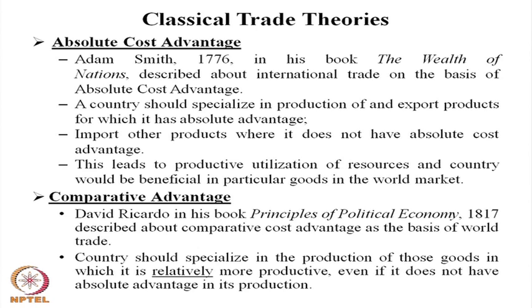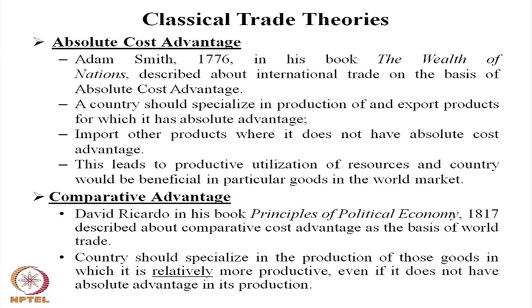In The Principles of Political Economy, David Ricardo introduced the concept of what is called comparative cost advantage. A country should produce such goods and services where it has a comparative cost advantage. The country may be in a position to produce all goods and services at comparatively lower cost of production, but it should produce only some of them and import the other goods. So, David Ricardo, in his book Principles of Political Economy in 1817, described comparative cost advantage as the